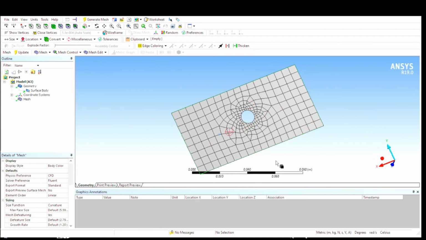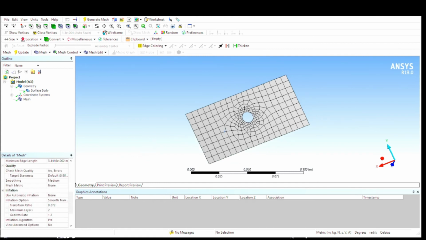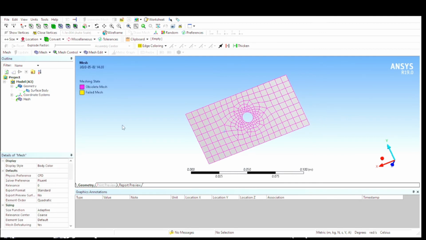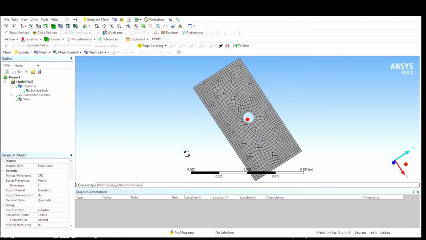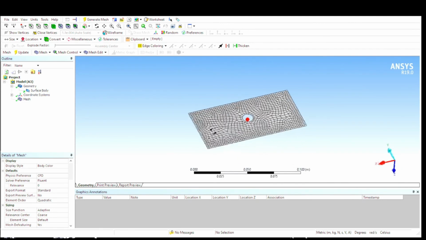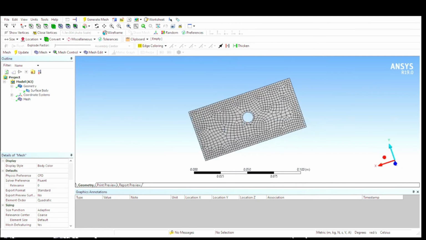Many other options are also available, and we can also obtain the number of nodes and number of elements, and also meshing can be applied on different faces in the form of inflation, in the form of applying the method, in the form of applying body sizing, etc. These are the three ways of applying the meshing for a specific area. For example, in a specific area, a certain degree of high meshing is required. Then we can use inflation, body sizing or method. Anyone can be chosen among them.